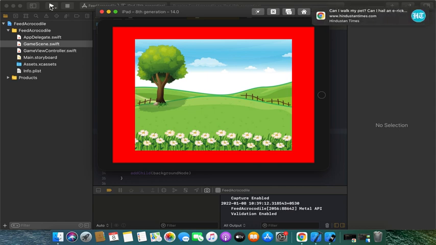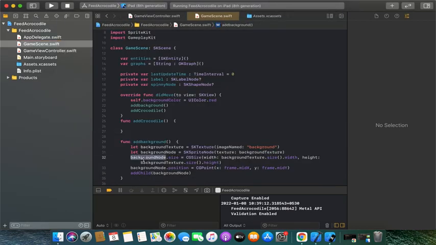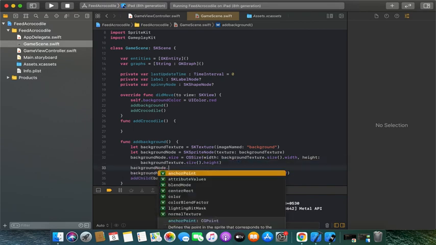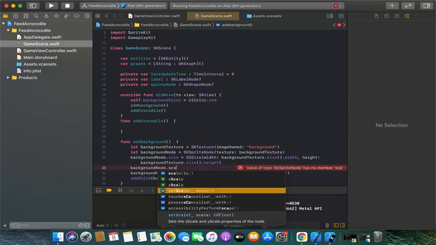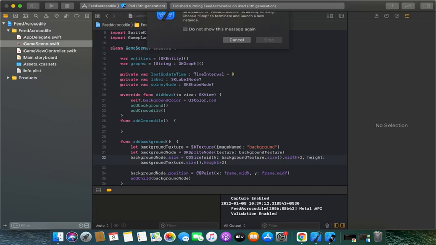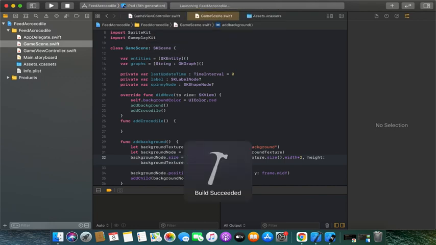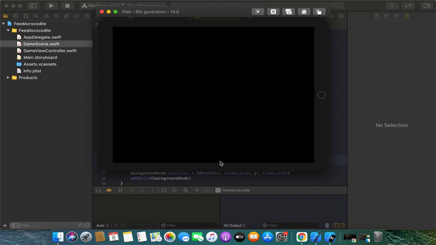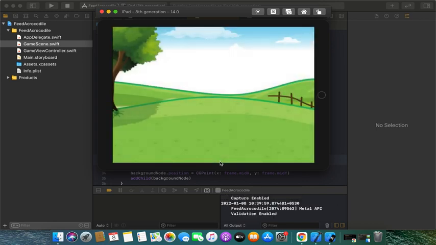So what I will do, I will just do one thing. I will use a scale mode for this background node dot scale, or you can do one more thing. You can use the size width multiplied by 2 and height multiplied by 2. Let me see if the image gets blurred or not. See, it is covering the entire screen now,